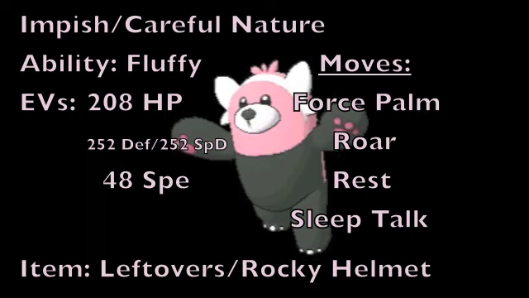the same EV spread as the previous set of 208 HP EVs, 252 physical defense or special defense EVs, depending on if you want to run this Pokemon physically defensive to really augment its great physical bulk, or specially defensive to allow it to take special hits better and also make use of its natural good physical bulk because of its HP, defense stat, and Fluffy ability, and then running the remaining 48 EVs into its speed, and going with